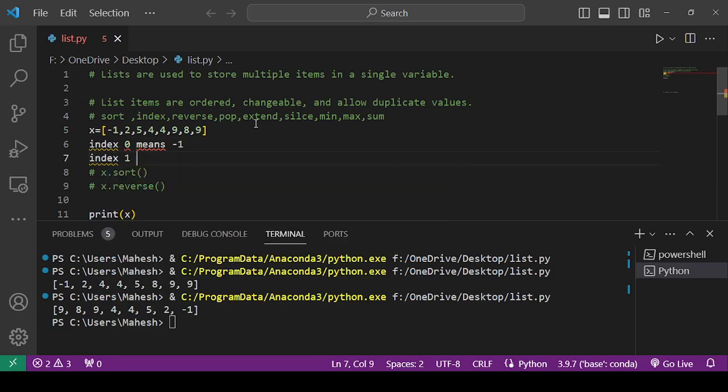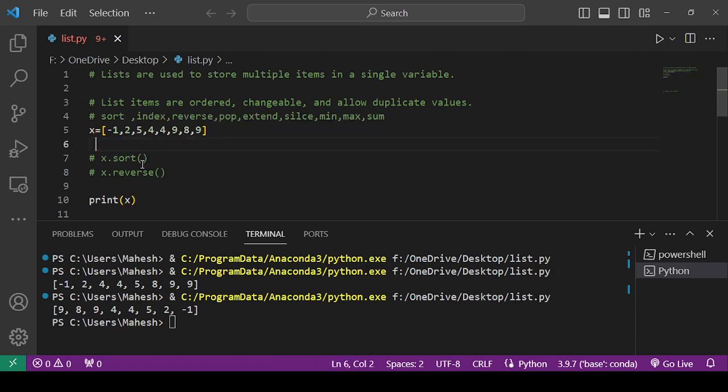Index 1 means 2, like this, and index -1 means 9. A negative index means from the last point. Index -1 means 9, index -2 means 8, and like this. So we will study it in this simple manner.